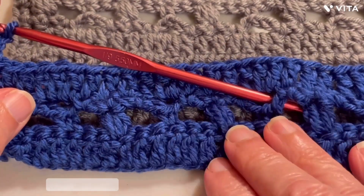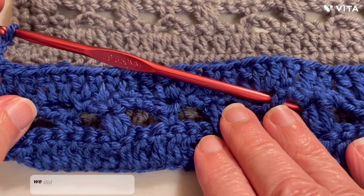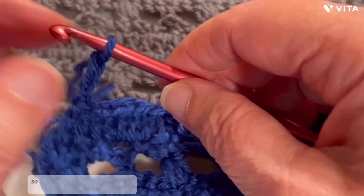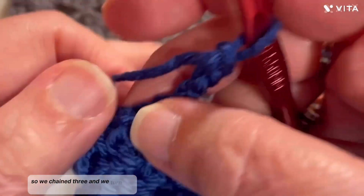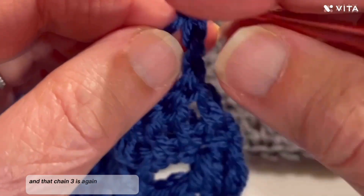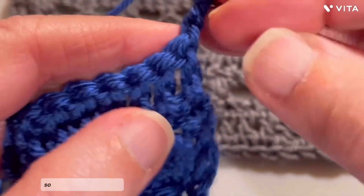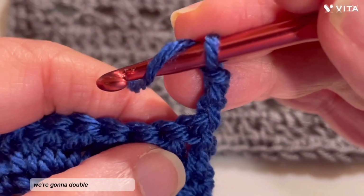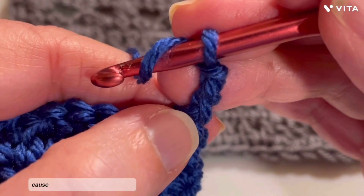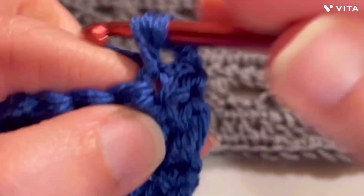So again, we did all of those rows. We did 1 through 4. Now we're going to do row 5. So we chained 3 and we turn our work. And that chain 3 is again considered a double crochet. So now we're going to double crochet across. We're not going to go back into that first stitch because that's our first double crochet. So we're going to make 1 and 2,